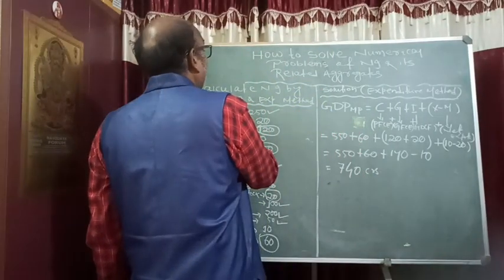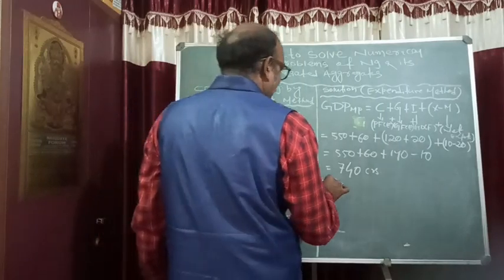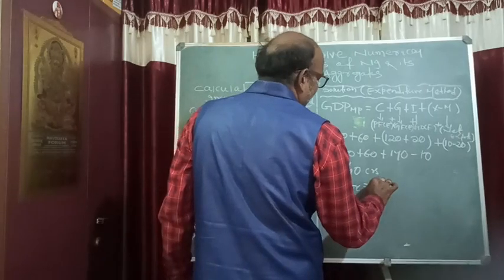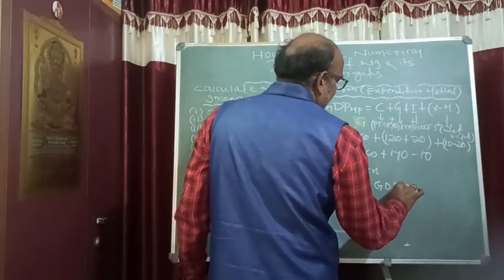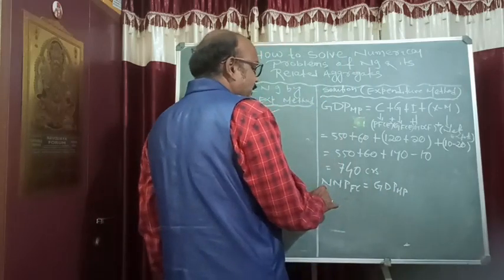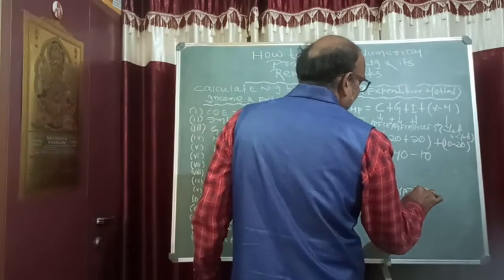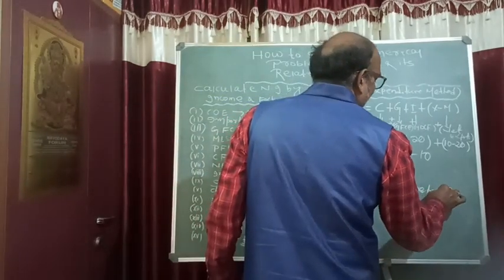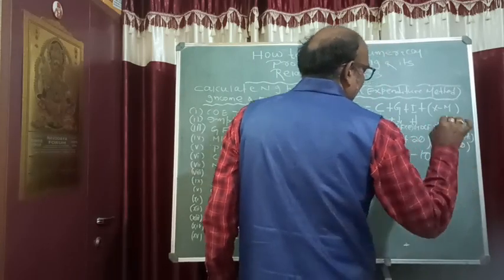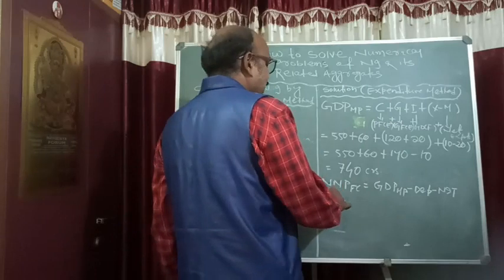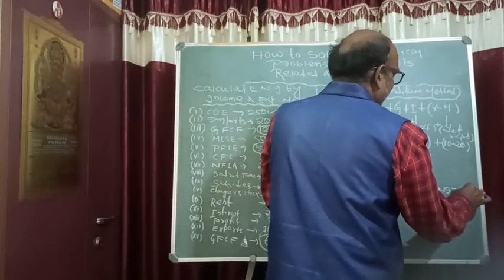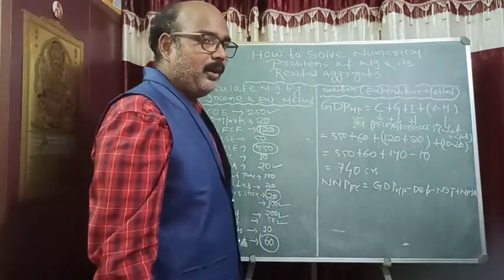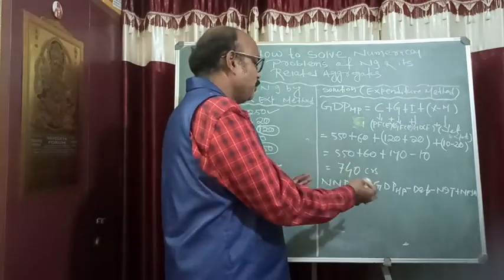But what do you have to find out? You have to find out NNPFC, that is national income. So now NNPFC is required. And what is given? GDP MP is given. So you see, net is required, gross is given. So minus depreciation. Factor cost is required, market price is given. So already you know that market price includes NIT, so minus NIT. National is required, domestic is given. So it is plus NFIA. This is very important. How to make the balance between the two related aggregates.